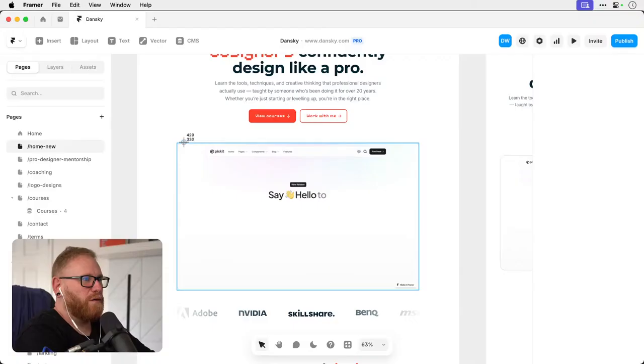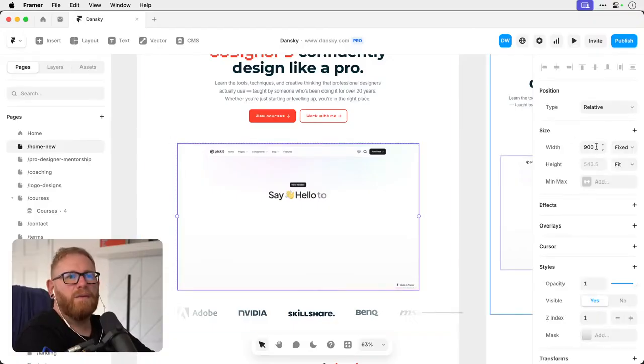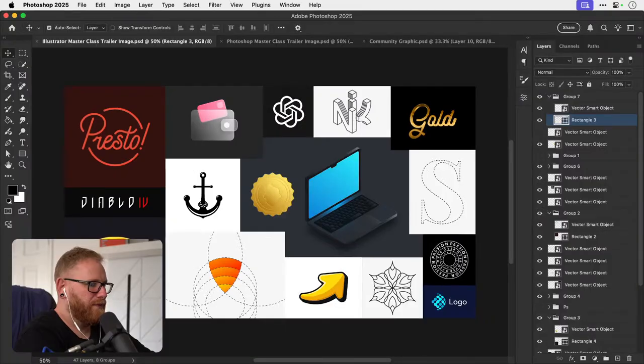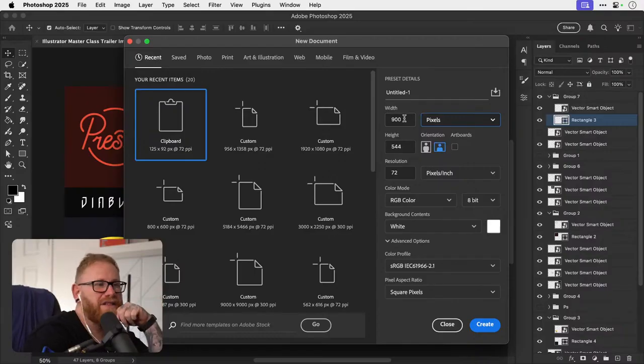Right, so I need to create a sexy graphic. What is that? 900 by 544. Right, I'm going to see if it does it this time. Watch these values here, width and height. I've got this really irritating bug in Photoshop and Illustrator where it changes the values.